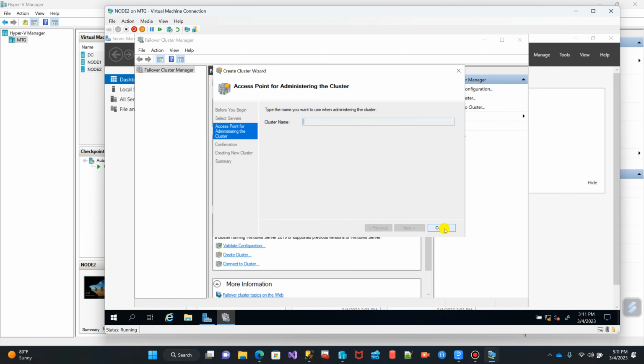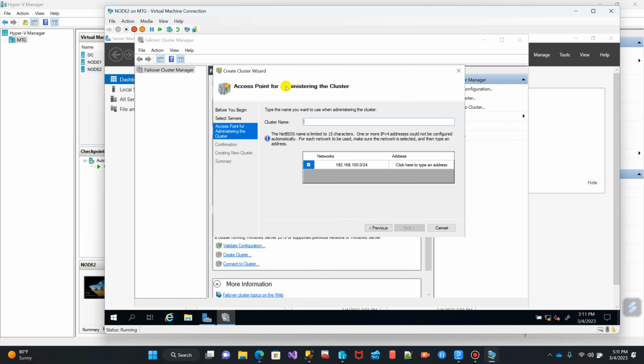So click on finish. And here, the next step is to provide the access point for the cluster, right? You need a cluster name. So I'm just going to call this one DB cluster. The name is up to you. And you can see the network. We need to provide a network. The NetBIOS name is limited to 15 characters, right? So you can see that this is our network here,